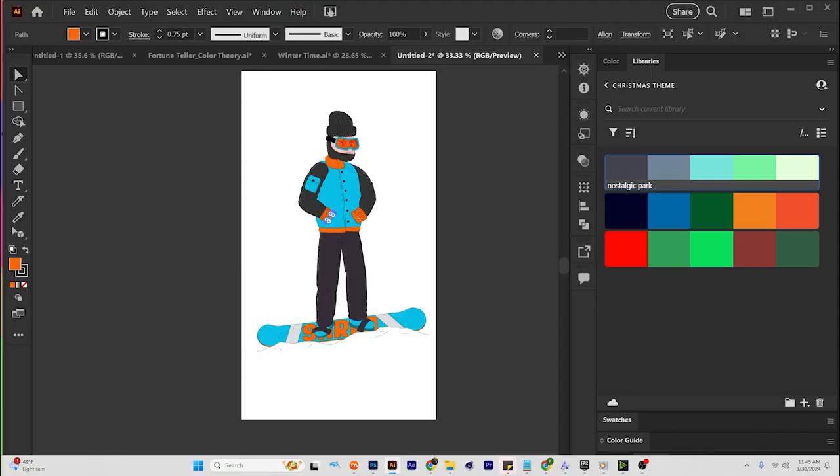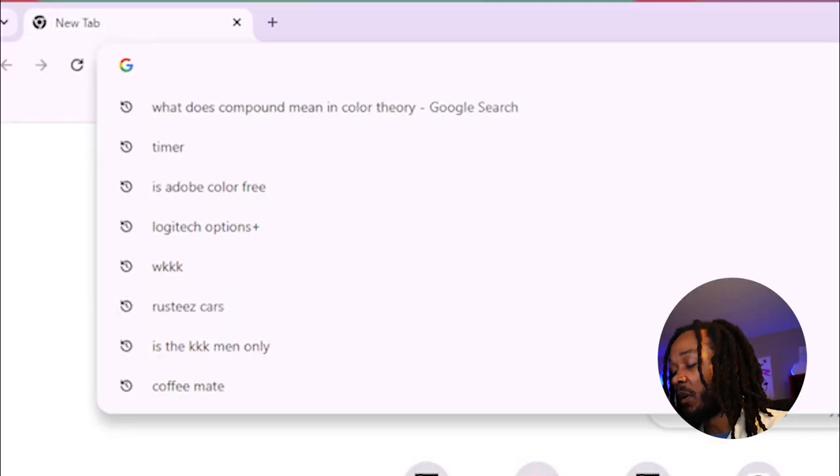You don't have to know color theory to match great colors. Here's how you get the perfect color schemes every single time. First thing you want to do, go to